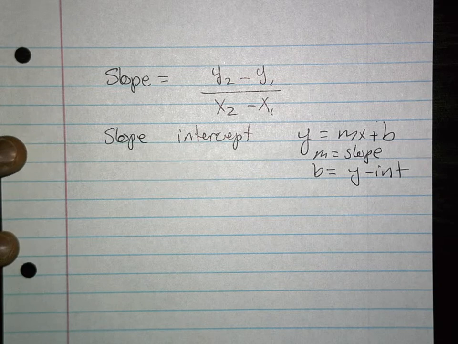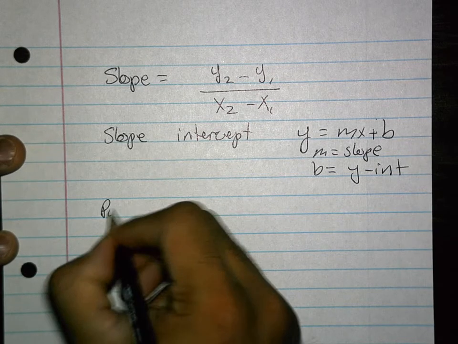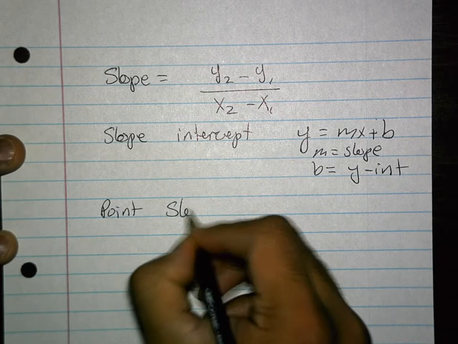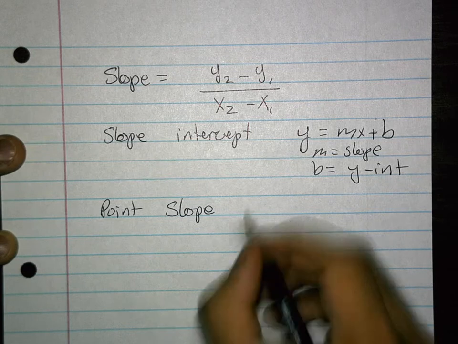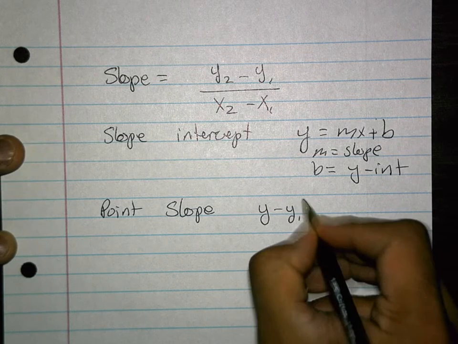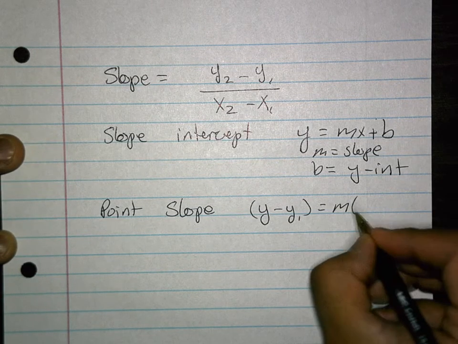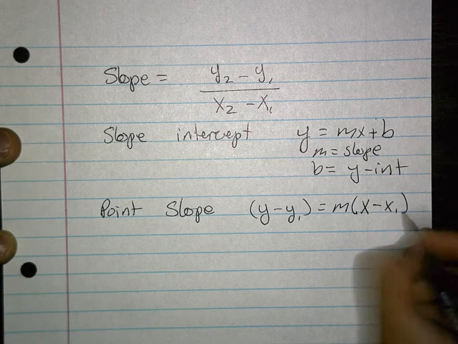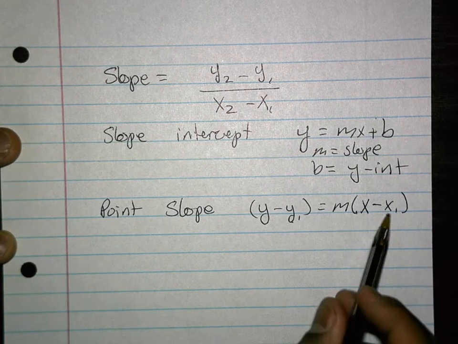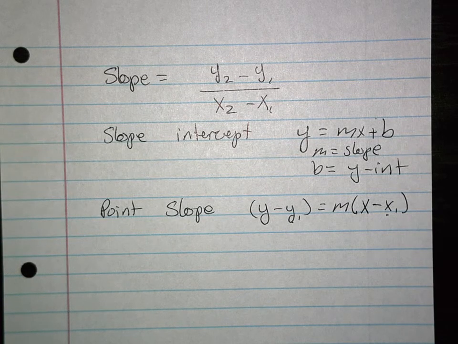And the other one that people tend to forget is point slope. And this is the one that we use to actually write equations most of the time, and that's y minus y1 equals m times x minus x1. We substitute for this y and this x with one coordinate point. Okay, so